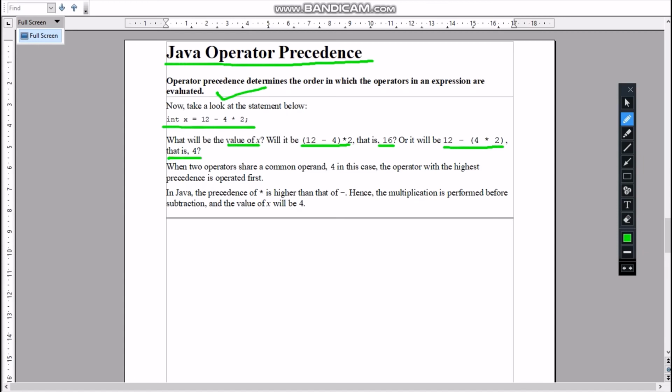When two operators share a common operand, 4 in this case, the operator with the highest precedence is operated first. In Java, the precedence of star, that is the multiplication sign, is higher than that of minus. Hence the multiplication is performed before subtraction and the value of x will be 4.